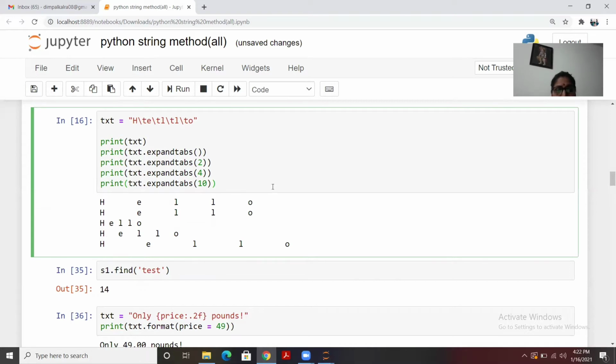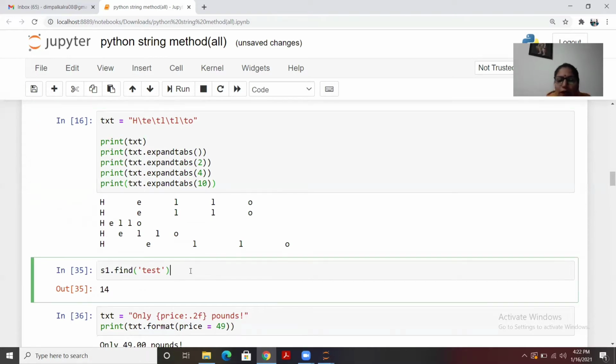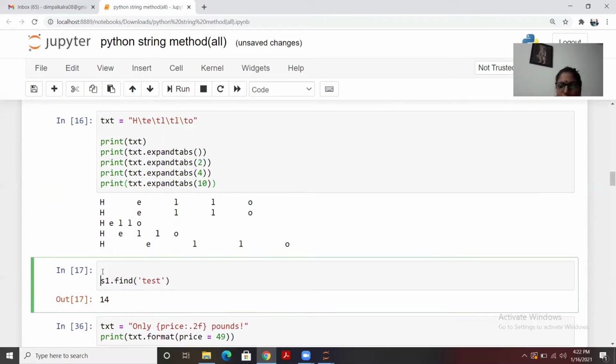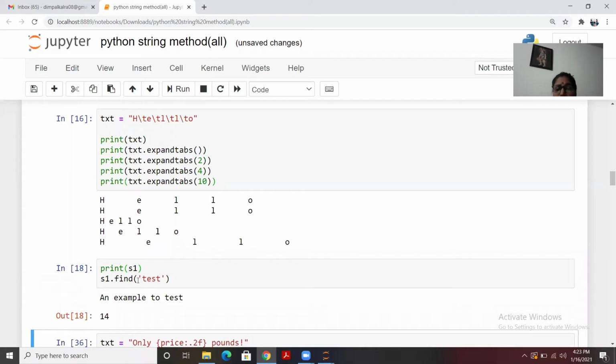Then next we are moving to the find. In case you want to find any string in this, yes, it will give you the result, but how do you validate this output? Let me print S1 here. You see, this is the string S1, and if you count the length of this string or count the place which is there for this value, that is basically 14. If you count it, you'll check it out, and if you check for 2, it will be a different value. It should be 2. Here it is. Fine.